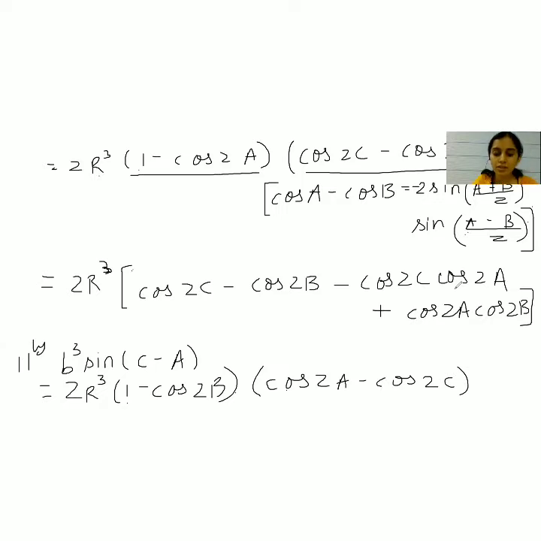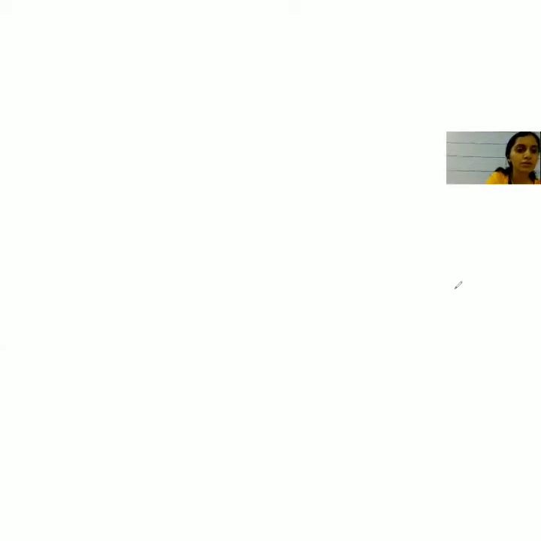Sine b can be written as again sine of a plus c, right? Exactly similar steps for this one. So you will get two brackets like this, 1 minus cos 2b and cos 2a minus cos 2c. We just multiply these two terms and write over here. So we'll have b cube sine b minus b cube